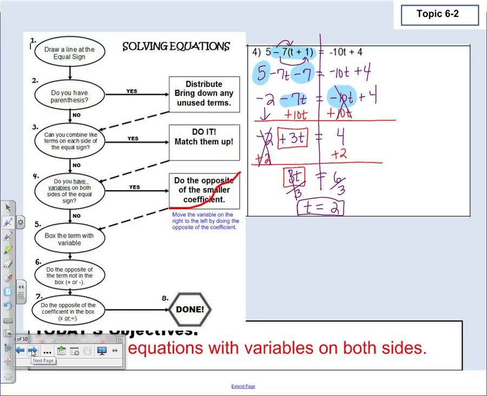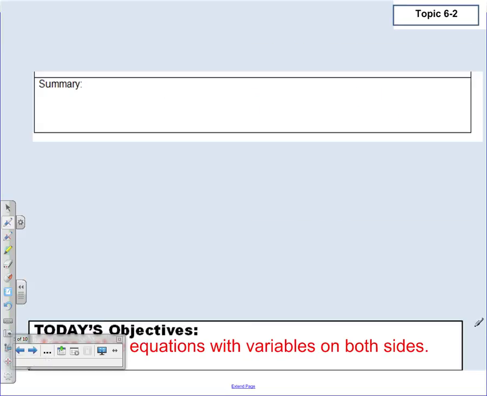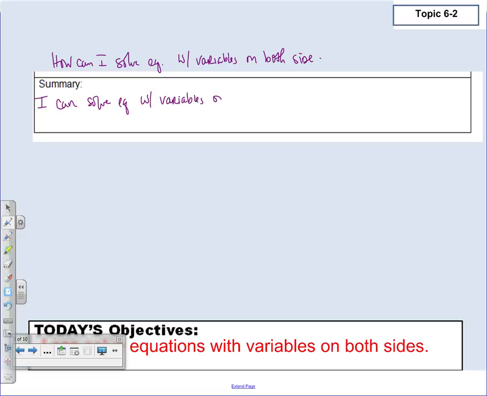Now we need to answer our essential question. Our essential question was, how can I solve equations with variables on both sides? So I'm going to answer, I can solve equations with variables on both sides by,